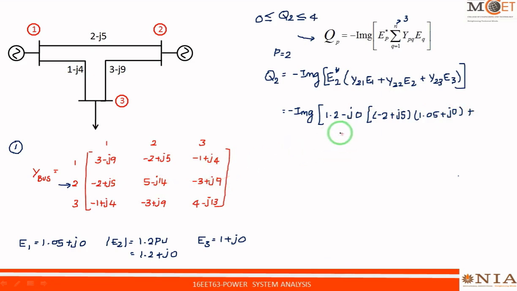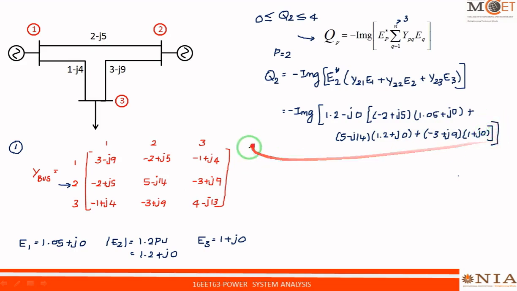So this becomes 5 minus J14 into E2. E2 is 1.2 plus J0, plus Y23. Y23 is minus 3 plus J9. So this becomes minus 3 plus J9 into E3. E3 is 1 plus J0. So let me calculate all this, and finally this will become minus imaginary part of